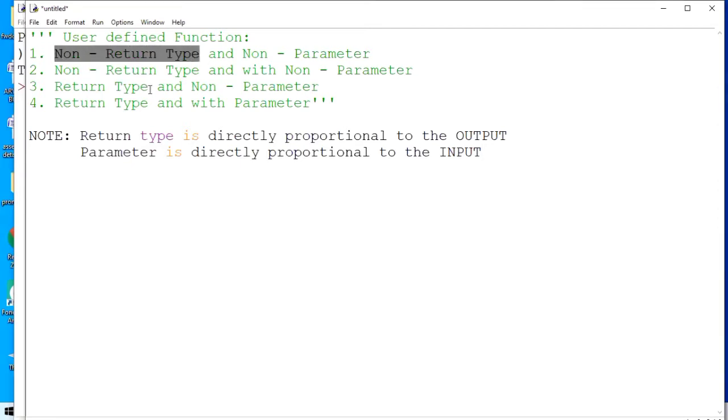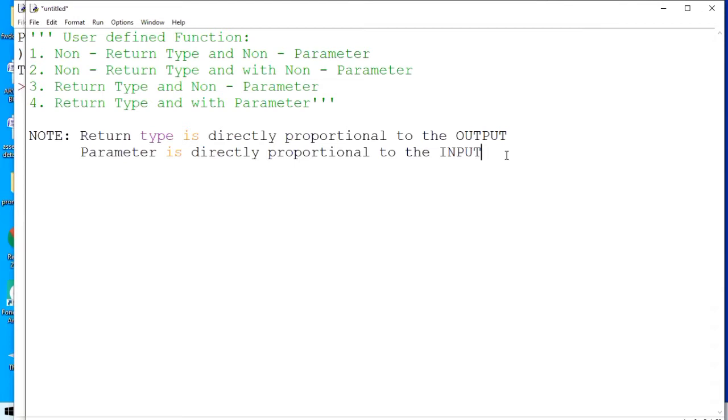And if you'd like to return something either to the user or to the second code, then it will be treated as return type. So return or non-return is directly proportional to the output. How we would like to configure our output, nothing is mandatory. It is totally flexible. Flexibility means a programmer can decide whether to create a return type function or non-return type function.